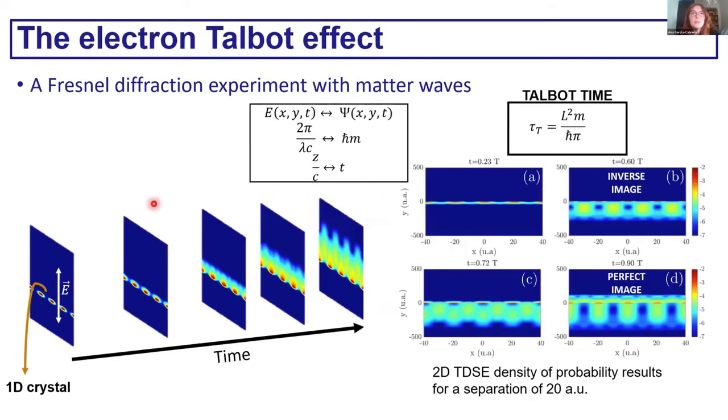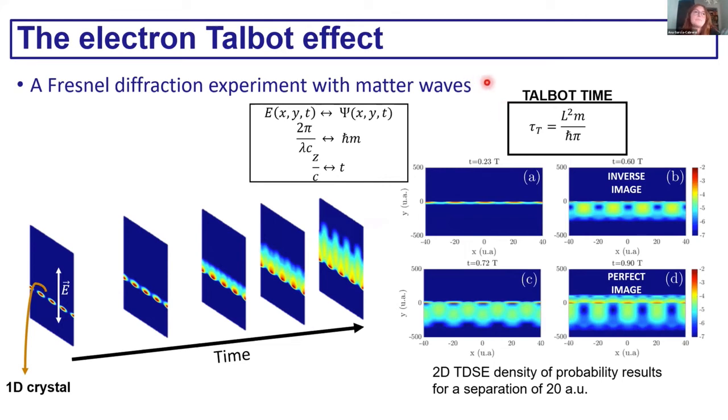But can we play with the wave function evolution in a crystal with perpendicular laser polarization? In our case, we are interested in the Talbot effect in the ionized electronic wave packets in an HHG experiment. If we introduce an electric field, the electrons are not traveling with a constant velocity, so we must change our framework. We are not using the distance from the initial distribution anymore, but the evolution time. In this situation, we can define the Talbot time as the necessary time to recover the initial shape of the